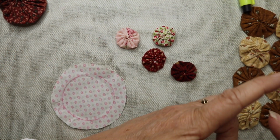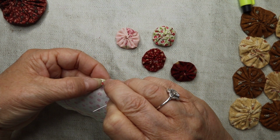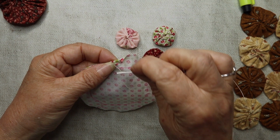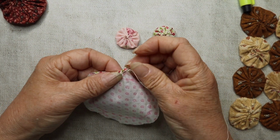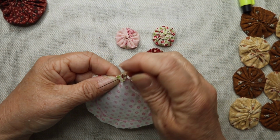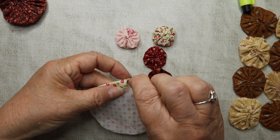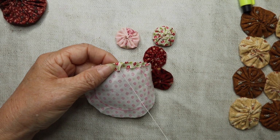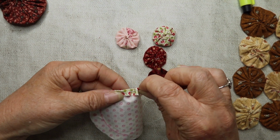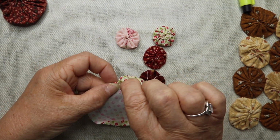And all you do if you're going to be making them by hand without anything at all, traditional English way, is you just turn it over slightly and just secure your thread with a knot, or just go over it a couple of times. So I'm just going to go over it a couple of times just so that the end is secure. And all you do is just do a running stitch all the way around, just tucking over a little bit of fabric. Work all the way around with a little running stitch, just tucking it over,